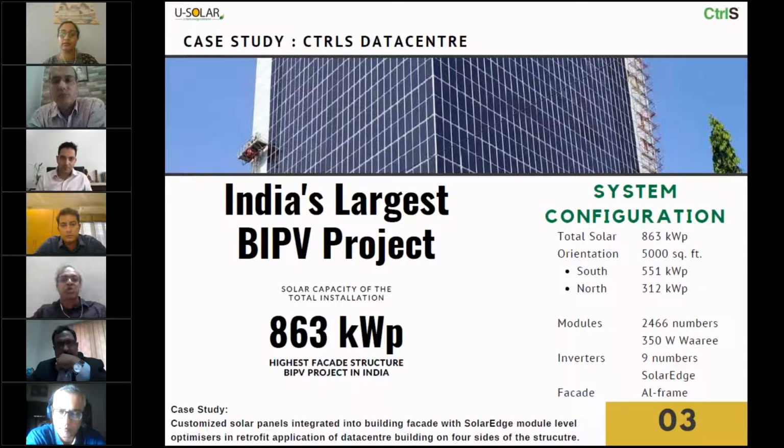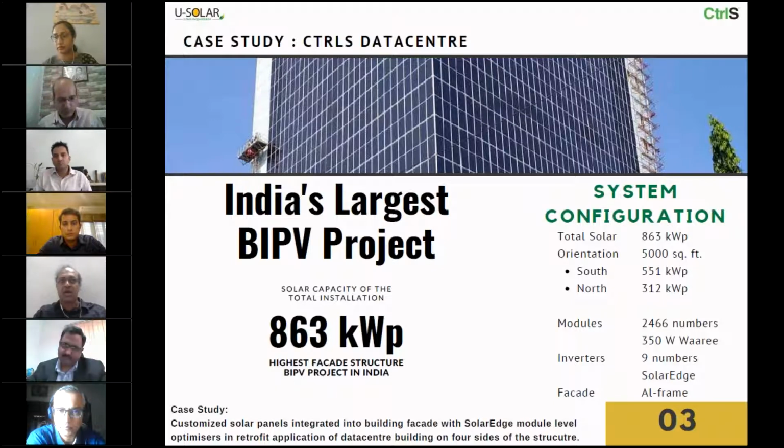So what we did here was essentially, the builder was going to put regular glass, and in this case we substituted the regular glass with solar glass. So the real cost, the like-for-like comparison, is replacing regular glass with solar glass, which makes it more economically attractive in the sense that you're anyway going to put glass, and here you've put solar glass. So the installation costs are the same, and essentially you have a generating facility that is generating solar.